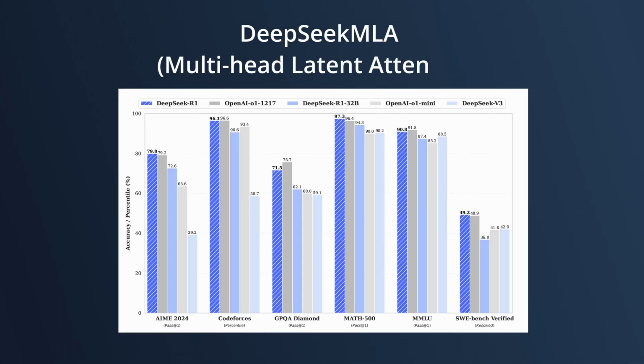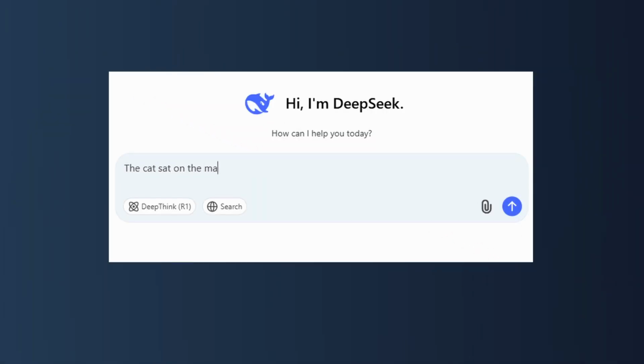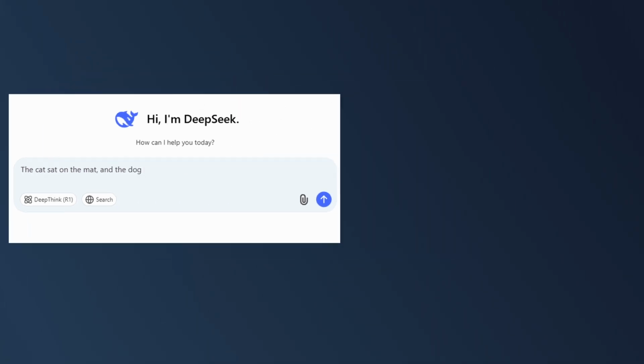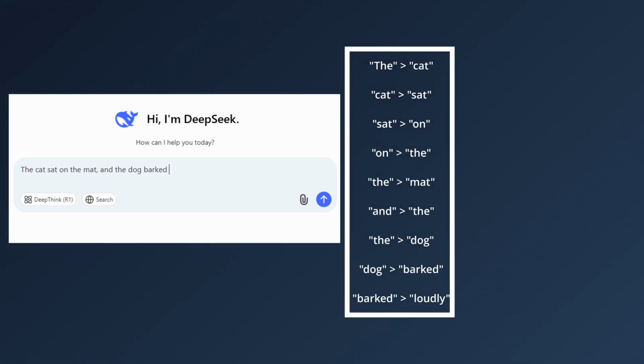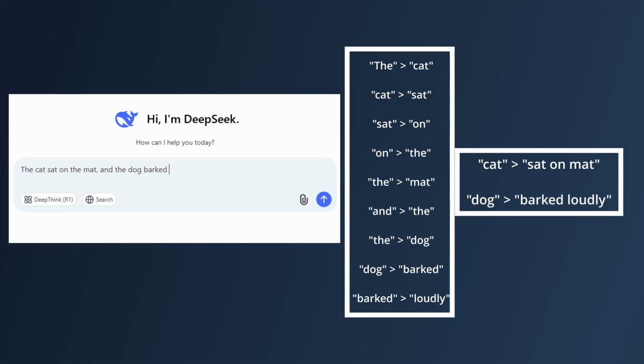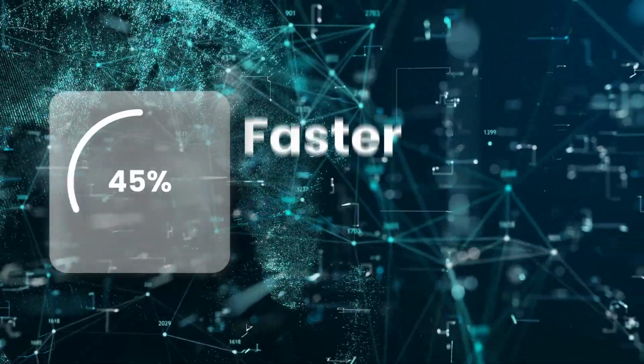The second breakthrough that makes DeepSeek special is called DeepSeekMLA, multi-head latent attention, which dramatically reduces memory usage while keeping performance sky high. When you give the AI a prompt, it doesn't just read the words, it breaks them down and analyzes how they connect. Normally, this would mean storing every single word and connection, which takes up a lot of memory. But with DeepSeek MLA, the AI uses shorthand notes to focus on the most important parts, saving memory while understanding everything perfectly. So in reality, DeepSeek is not just another GPT clone, it is optimized to be faster and cheaper